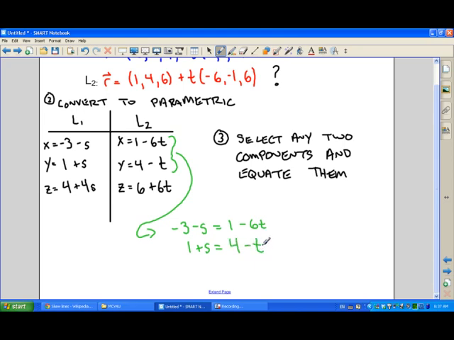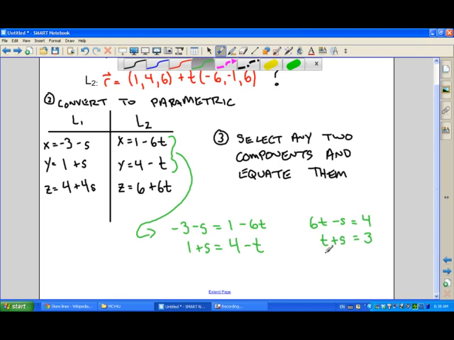And the reason I'm doing this is that if there is a point of intersection with these two lines, the x component and the y component for each line will be equal. And likewise with z, but I'll get to that in a minute. So I've set these two equations equal to each other. So now I'm going to rearrange this so that all variables are on the left-hand side and all numbers are on the right. And once I've rearranged this,